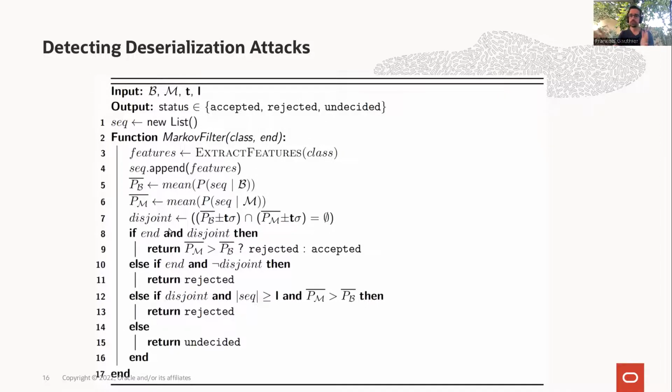If we reach the end of the stream and the probabilities with their confidence interval are disjoint, then we can make a call. We just take the larger of the two probabilities and say, this is malicious or this is benign, so it should be accepted or rejected. We are very conservative, so if the confidence intervals are not disjoint, if they are overlapping, then by default we will reject the